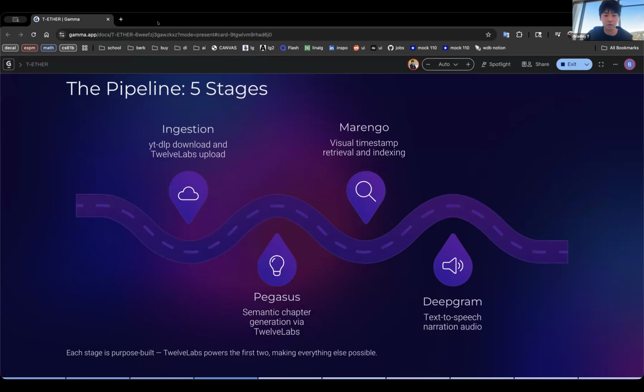So now we'll walk through how Tether actually works, kind of like the pipeline. First, the ingestion: the user pastes in a YouTube URL. We plan to expand this in the future, but right now our only main input is a YouTube link. Then we download the video using yt-dlp and upload it to TwelveLabs. Then first Pegasus comes in and analyzes the full video and generates semantic chapters for each